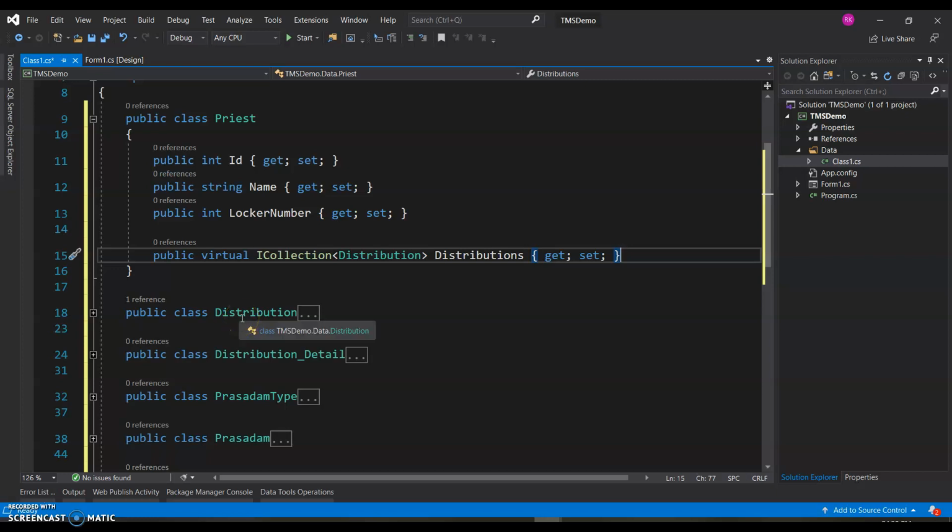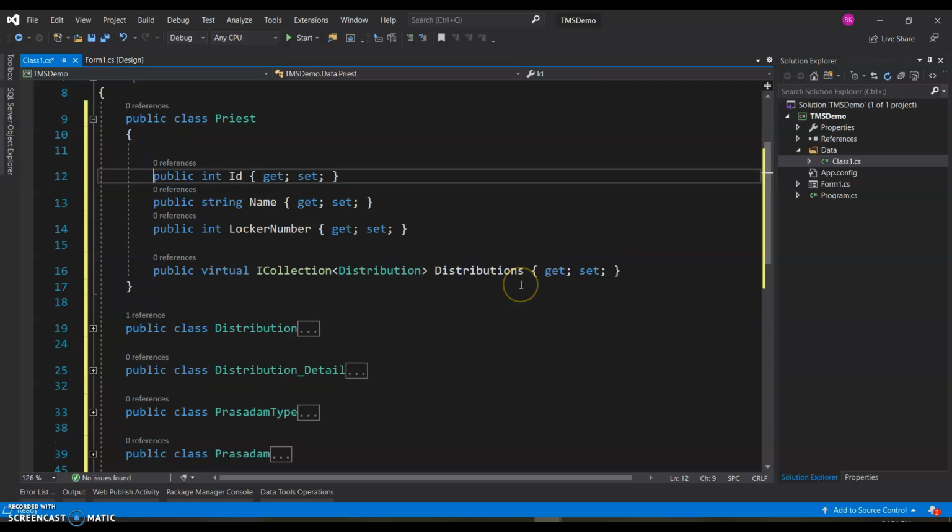Before we move further, let's see what this virtual word does and why we are using ICollection instead of list. We are using ICollection here because in the constructor, when we actually want to instantiate this, we would have an option either to create a list or a hash set.